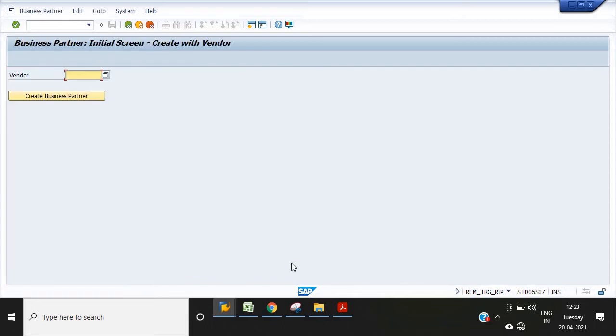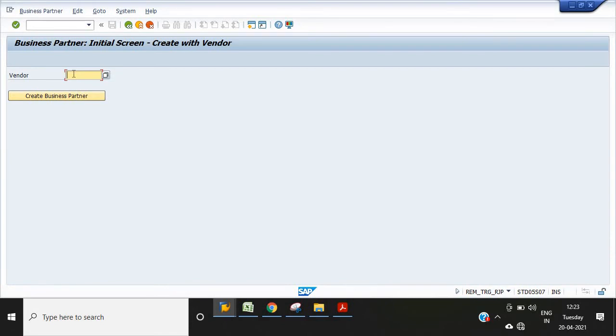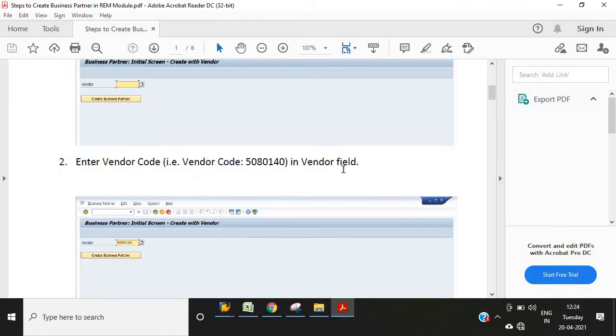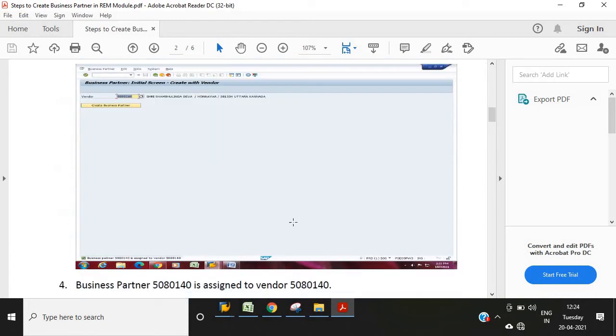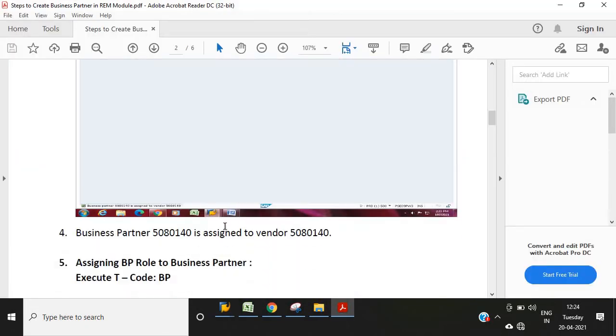Here you need to enter the vendor code in the vendor field and press enter, then click on create business partner. Once you click on create business partner, the business partner is assigned to the vendor, and a message will appear.